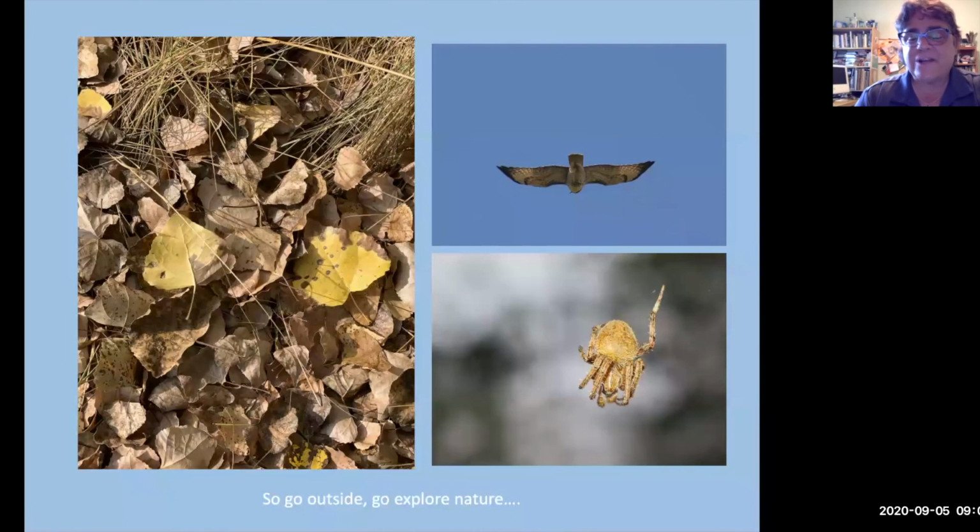When you go outside, go explore nature. Look for the changes, the leaves. These are cottonwood leaves. Look for those in your parks. Look up in the sky and see the soaring hawks and imagine that you're up there and imagine what they can see. And you probably already see these at your house. That's kind of fun to see these orb weavers. They're not a problem. They're annoying, but they're not a problem. They're only annoying when you walk through them.